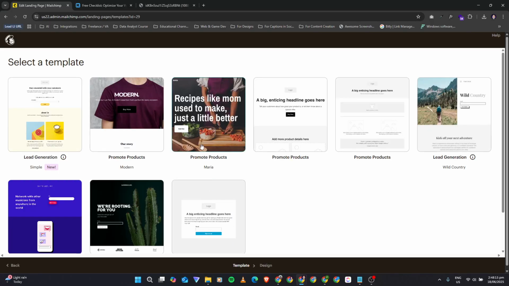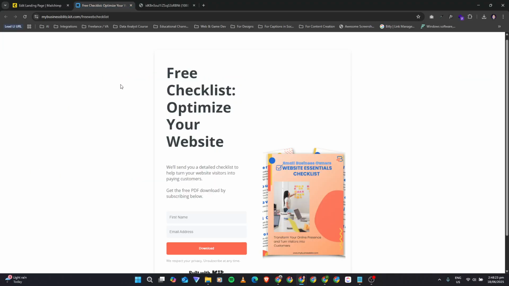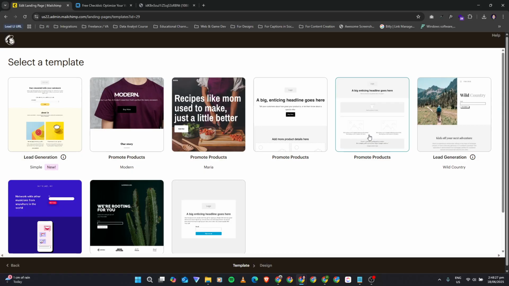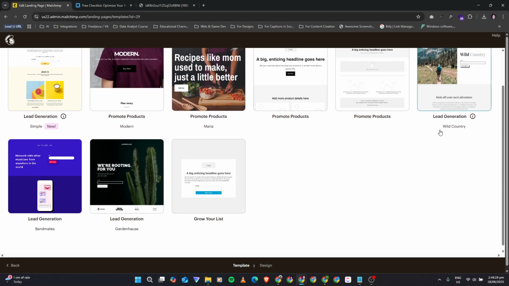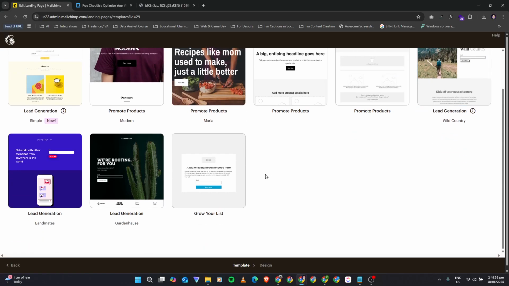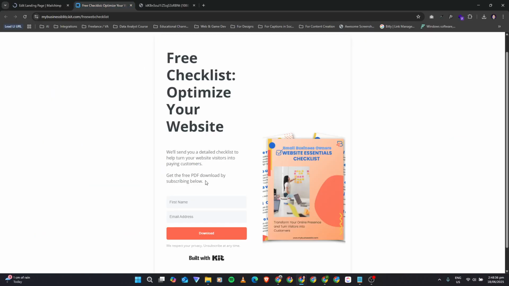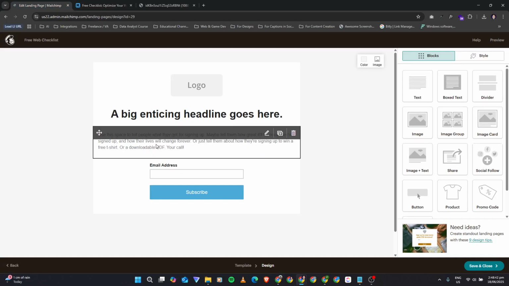There are different templates here that we can use for the landing page. Let's look for that. Maybe this is the most common for a landing page, so that's why I'm going to pick it.